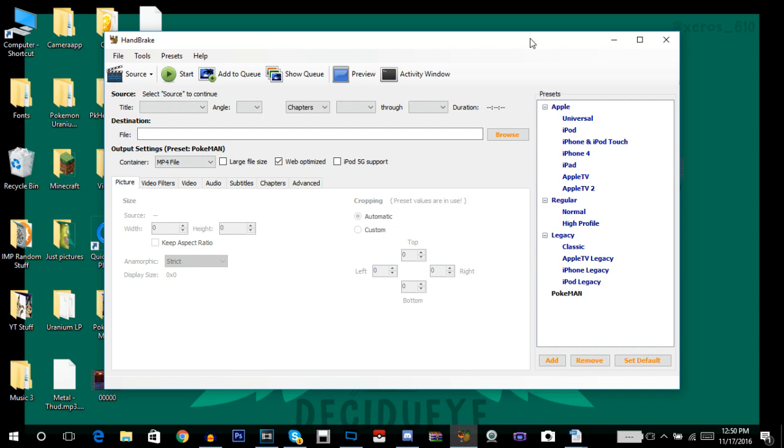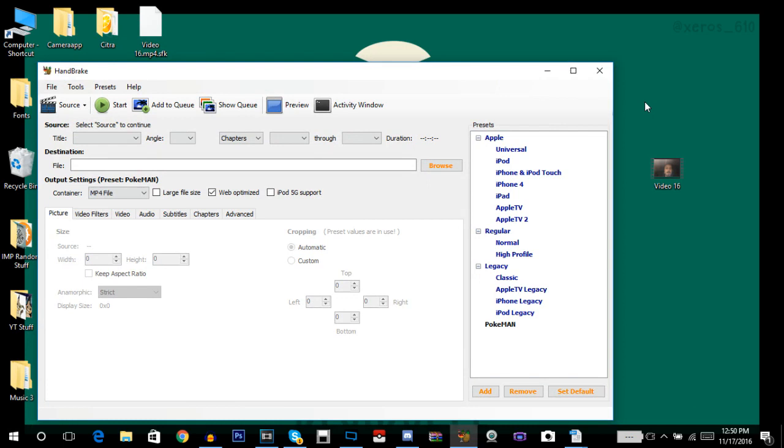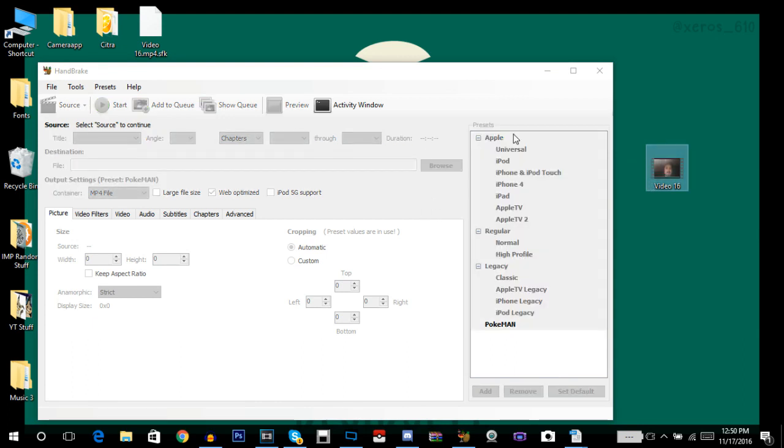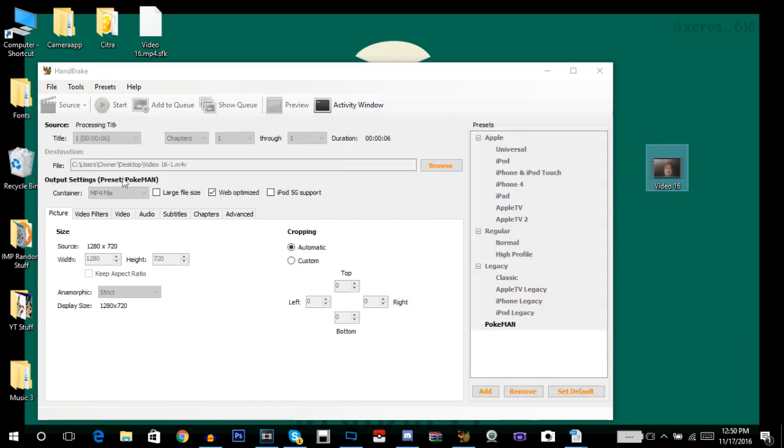And Handbrake is a great tool to use, because what you want to do is, I'm not going to do anything, but let's say this is your video. This is my webcam video, but let's say this is your video from Sony Vegas, and everything's all looking good. So what you want to do is grab this and put it into Handbrake. Handbrake, when it goes dark like that, is reading your